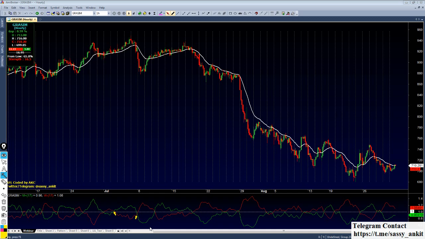But the problem with Vortex is it works on the personality of the chart. What do you mean by personality of the chart? As in the previous video, we have seen that every chart has its own personality. That's why it follows its own moving average as a dynamic level. So here also, based on that, we have to identify how my Vortex is behaving based on the price behavior. There is a quick hack to do it. So let's see how we do it.